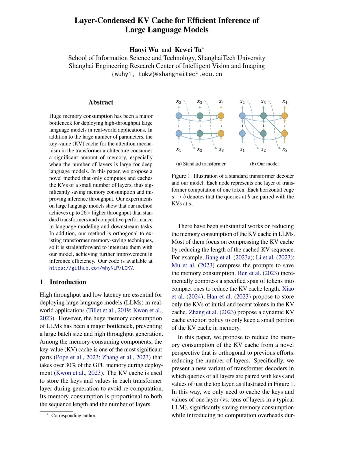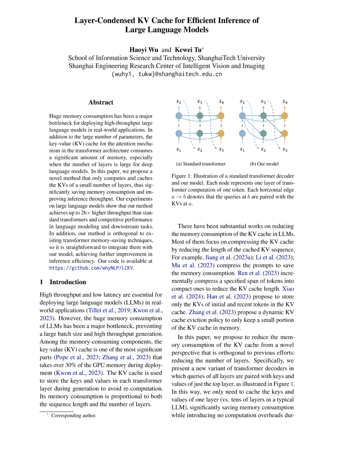The proposed method aims to solve the problem of high memory consumption in large language models, LLMs, caused by the key-value KV cache, which typically takes over 30% of the GPU memory during deployment. The method focuses on reducing the memory consumption of the KV cache by dramatically decreasing the number of cached layers